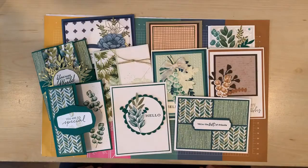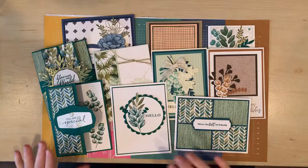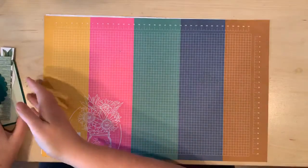So now that I've talked all about the suite, I'm going to walk you through making a really simple yet stunning card with these products. The measurements for your card are